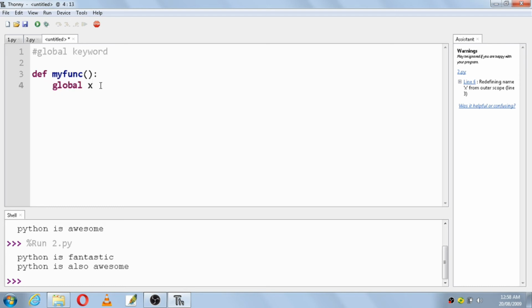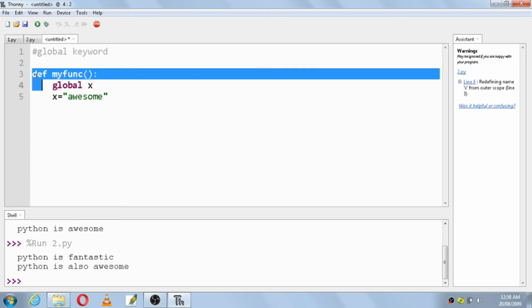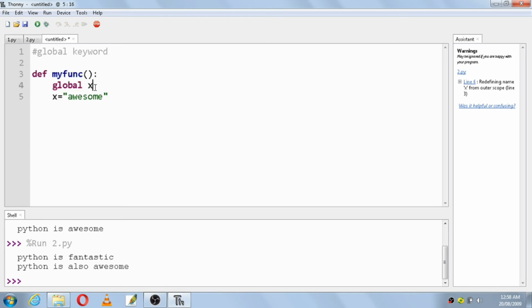And then I will initialize x equals "awesome". So what I've done here is, as I have declared x as global, x will be visible to the entire program and not only to this function.